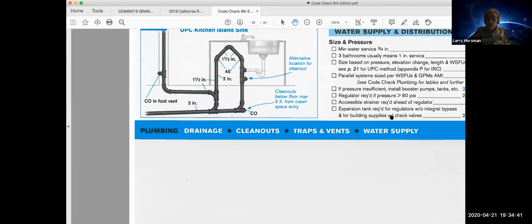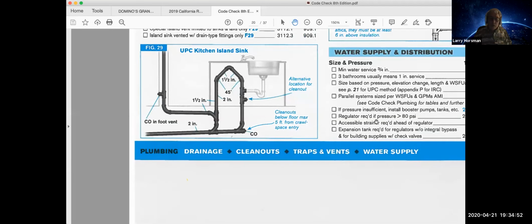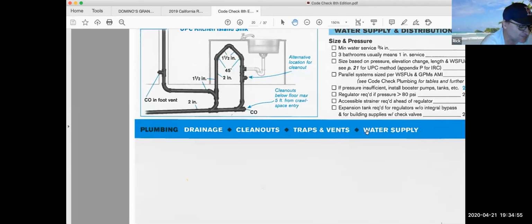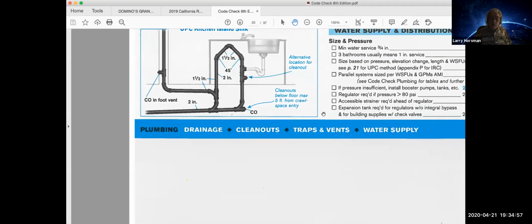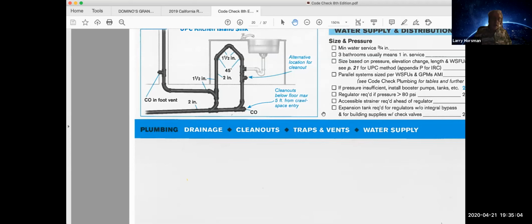We talked about all that. That's all regular stuff. It used to all be copper. Now from the meter to the house is usually plastic, and that's okay. If you have an old house, you'll have a copper service from the meter to the house. A new house, generally you're going to have plastic from the meter. You'll have a transition riser at the house,